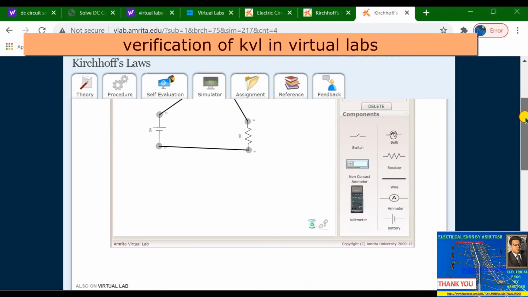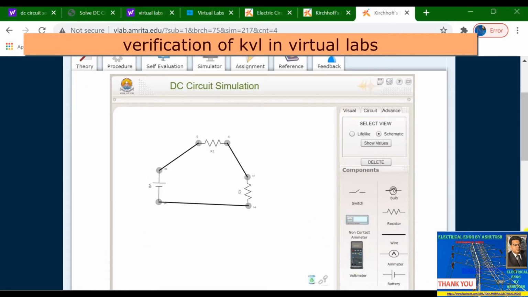Now you have to verify. So take the non-contact ammeter first. This is the ammeter, and it is a non-contact ammeter. You have to just make it touch the wire. So you will see the value of current over here, 0.05 ampere.